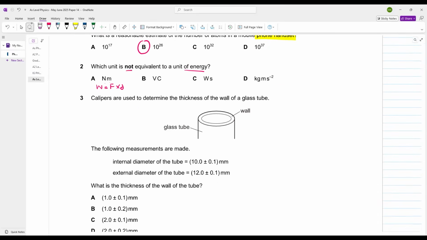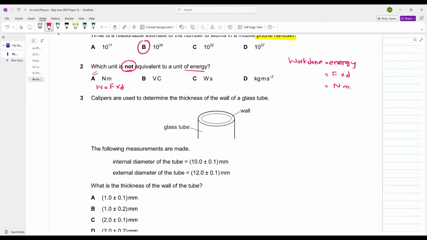Now let's do the working of question 2 here. Do you remember work done used to be equal to energy? Beta, what was the formula of work done? Force into distance. What units can you take for force? Newton. For distance? Meter. So yeah, this could be a unit of energy, this is the correct unit of energy. Let's not mark this one, we have to mark a unit that is not equivalent to the unit